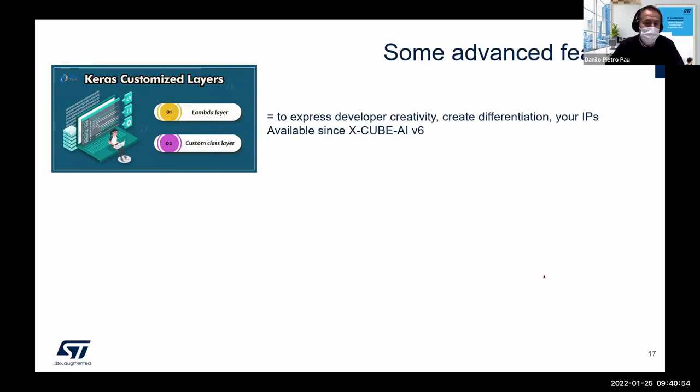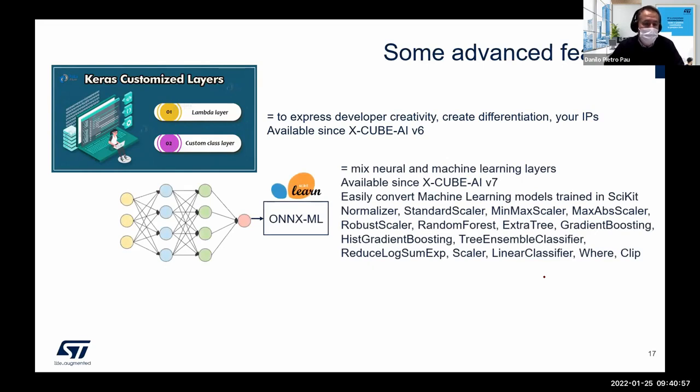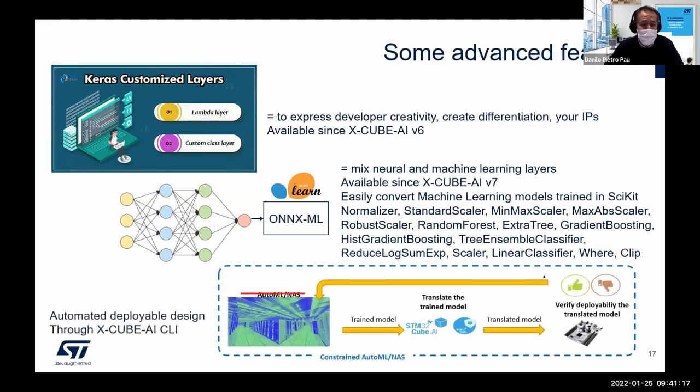standard. And the tool needs to be able to deal with black boxes. Then another expression of this freedom is to mix and match neural networks with machine learning. We need the tool to also support the main libraries capable of machine learning, for example scikit-learn. And then also being able to provide information to any NAS tool in order to provide constraints. As I showed you, I can deploy a pipeline immediately, okay?